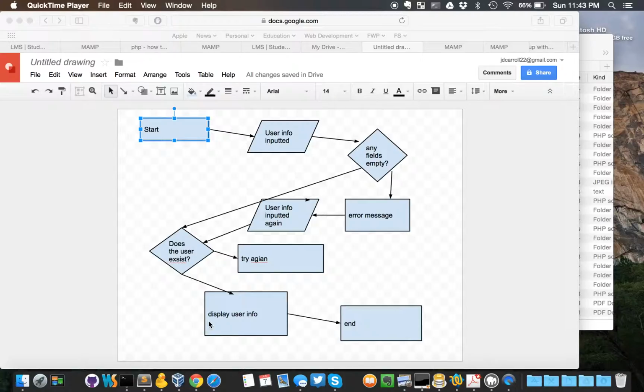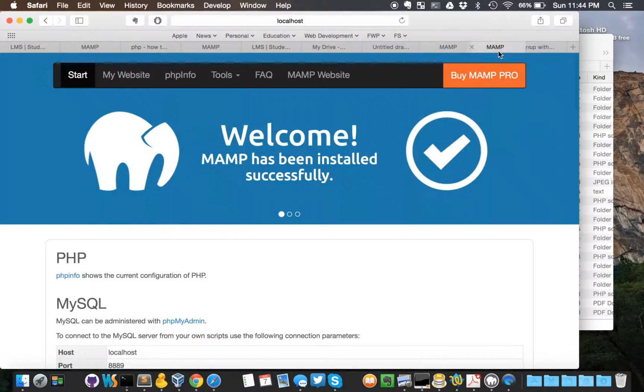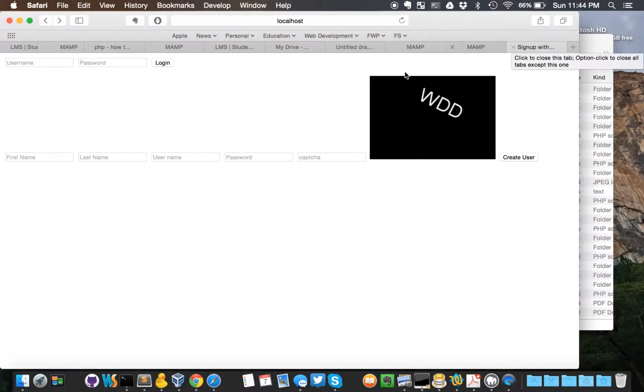Or it displays the user's information if the user doesn't exist, and then it shows the information they just did. So this is my actual web page, and I just put in